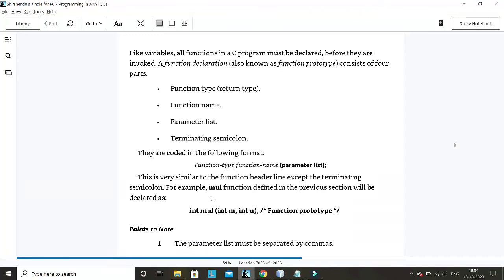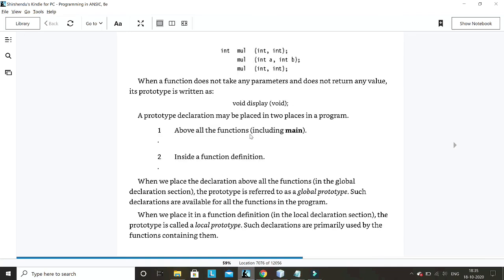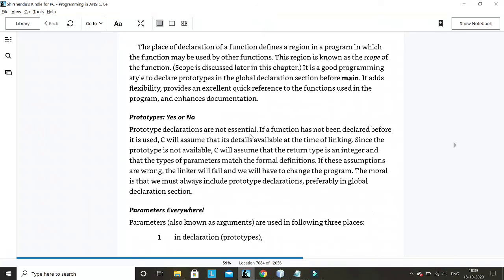Function declaration is also called function prototype. It is written here, also known as function prototype. How to write a function prototype I've already explained; read it from here for more detail. You have to read this book and not depend on just a single example that I gave, as there may be some points I missed. Now it will be easy for you to understand the content of this book. As for the prototype, yes or no, normally you write the prototype; it's common programming practice. Otherwise, without a prototype the program will also run if you define the function before calling it.